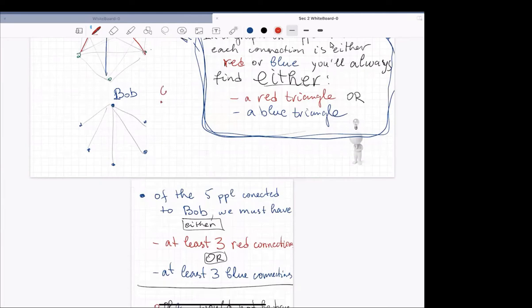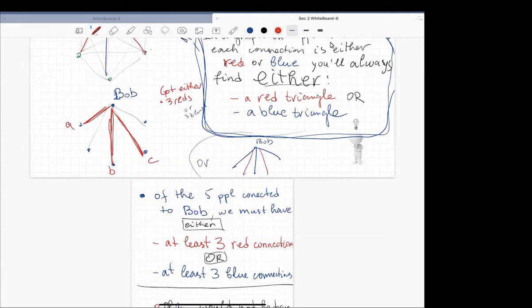So I've got either 3 reds or 3 blues. You may have more than 3 red, all of them can be reds, but it's definitely the case that I have either 3 reds, maybe these 3 reds here. How about these guys? And Bob is connected to A, B, and C with red ones. I definitely have either that, or I have Bob connected to some 3 blues and the others are reds somehow. But let's leave this aside.